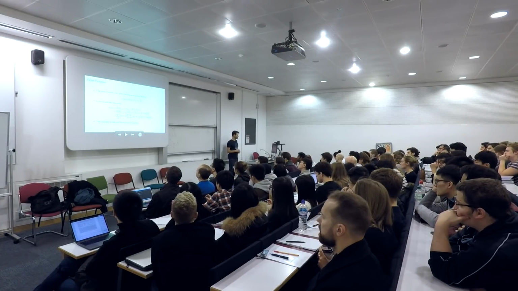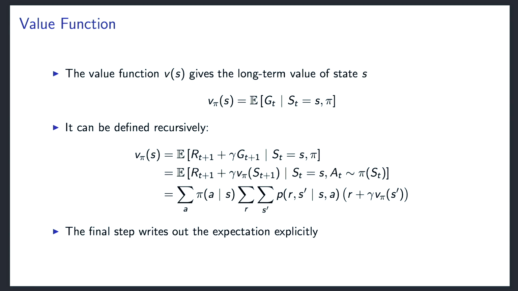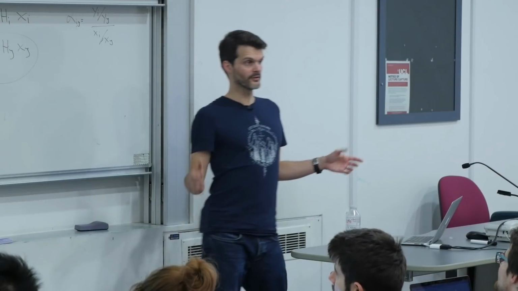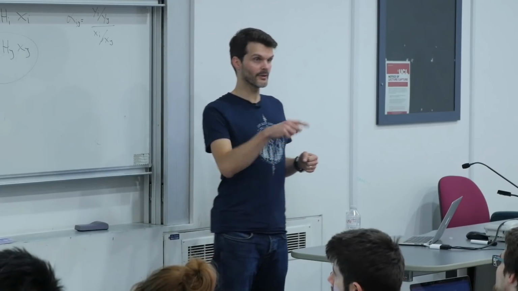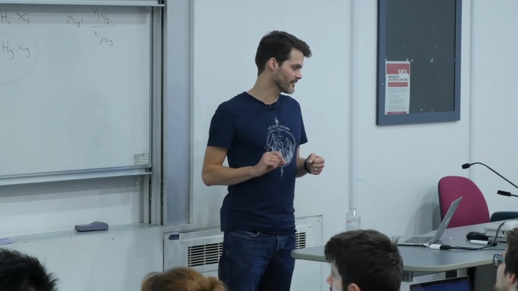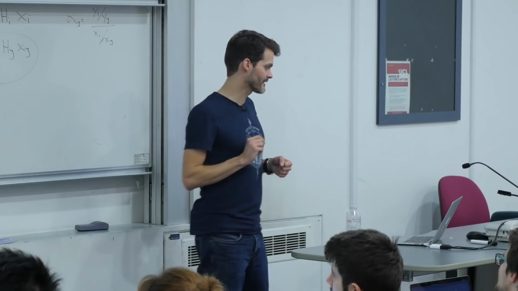Now, we talked a little bit about a value function as well in the first lecture, so let's just recap that to be sure that we understand. The value function of a state is just the expected return. I say just, but you have to be careful here because the expected return, of course, depends on the MDP, but also on the policy, so we have to make that explicit in the notation. I hope I didn't forget it anywhere on the slides. The return itself can be defined recursively because the return is just an accumulation of rewards. So one thing you could do is you could take the first reward and then you could look at the rest of the return and just still call that a return, which is what I did there in the second